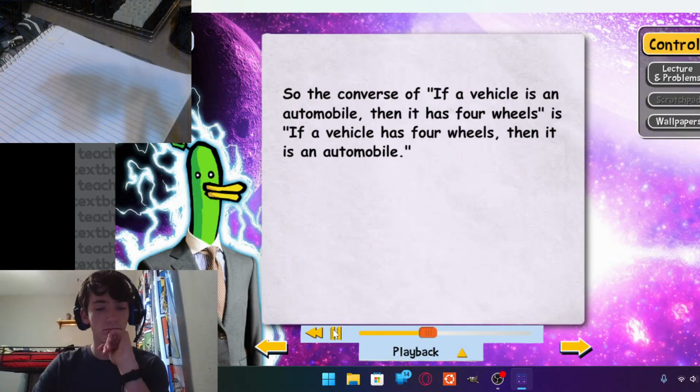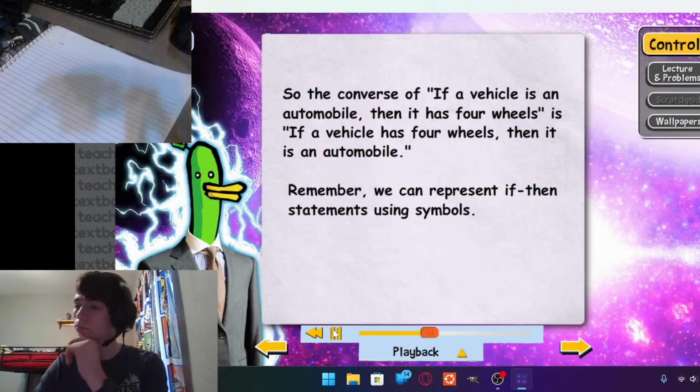Okay. And you may remember from chapter 1 that conditional statements, if-then statements, can be shown in symbols. When the if statement is represented by the letter A and the then statement by the letter B, the whole